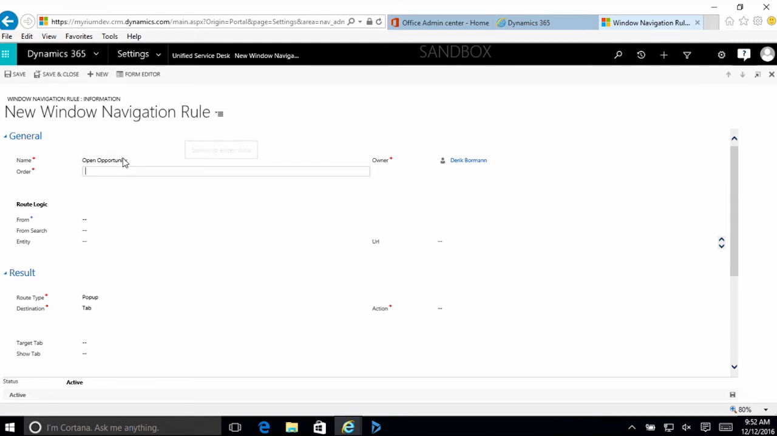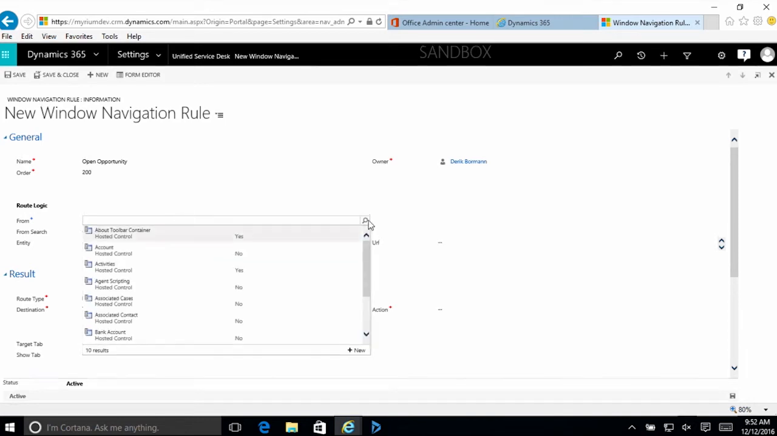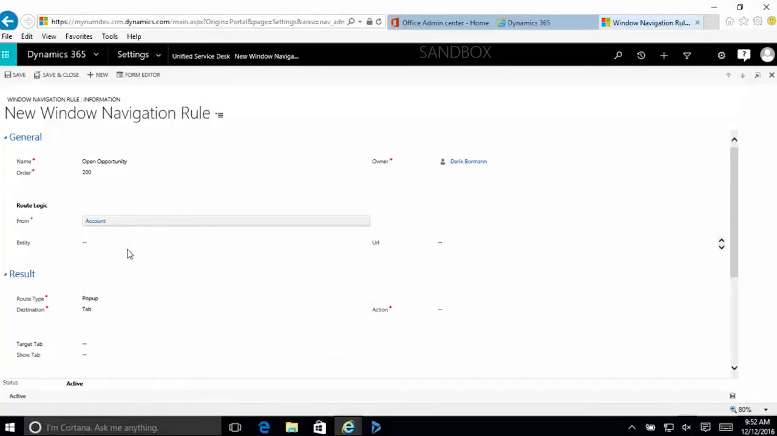And I'm going to give this a number of 200 because I want this to work within the context of the entire entity situation. So I've got a couple of different options here. If I wanted this to only apply in situations where I was working with the account hosted control, I could come in here and choose account, and this would then constitute only working on this particular rule if it was initiated from the account hosted control,